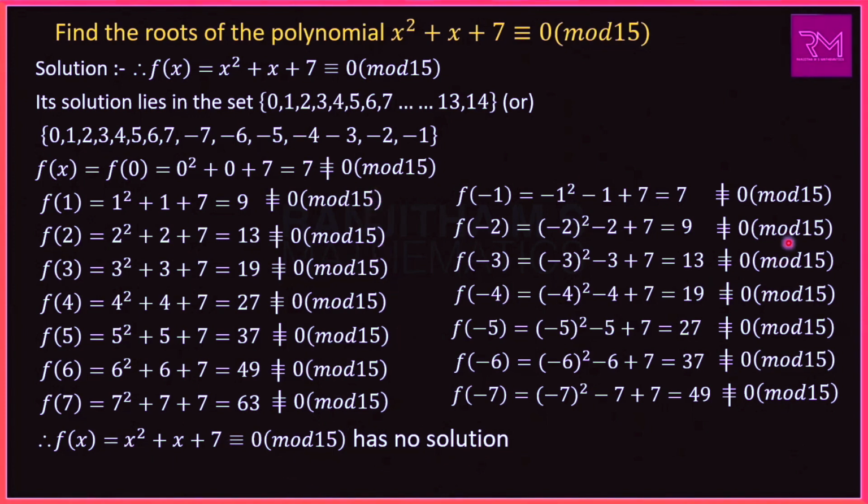Here, instead of doing all this procedure, we can split mod 15, we can split m value as 3 into 5. So 3 into 5 is 15. So we can find the value for the bigger mod m value, that is m is 5. For the value 5, we can substitute x value 0, 1, 2, 3, 4. So we can check this method for the value 5, that is under mod 5 we have to check for 0, 1, 2, 3, 4. And it also does not contain any solution. Therefore, we can conclude that under mod 5 there is no solution. So 5, and the other value that is 3, which lies under 5, also has no solution. Therefore, the given polynomial has no solution.